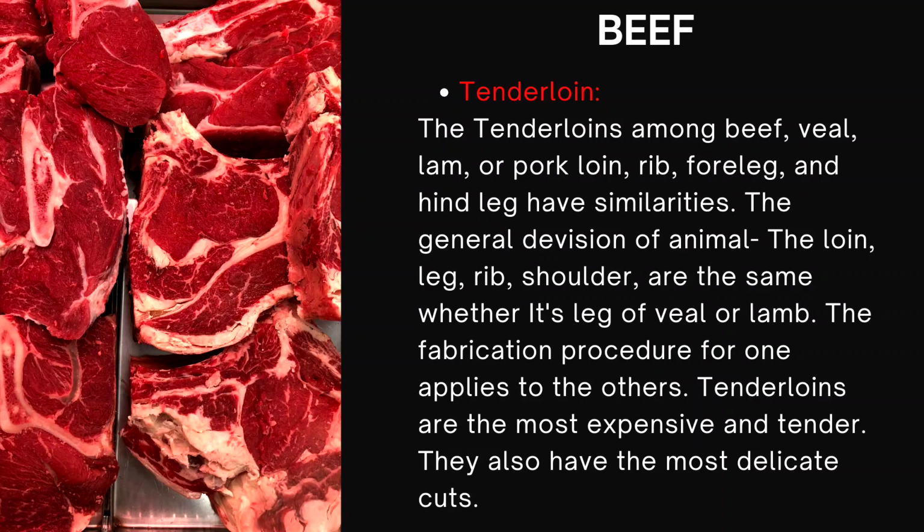The general division of animal, which are the loin, leg, rib, shoulder, are the same whether it's leg of veal or lamb. The fabrication procedure for one applies to the others. Tenderloins are the most expensive and tender. They also have the most delicate cuts. Procedure of